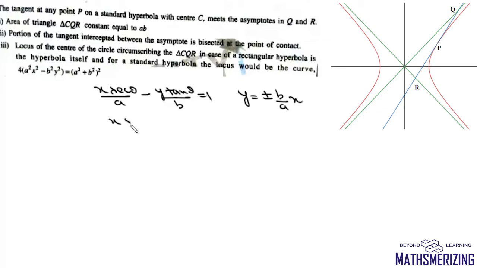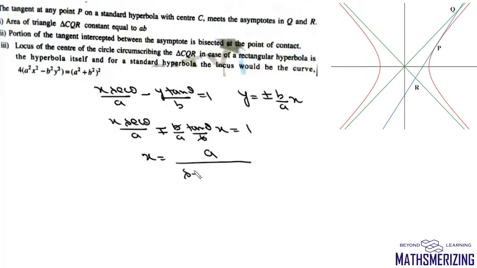We can write this as x secant theta upon A minus plus b upon A tan theta upon B x, and it is equal to 1. Here b and b will cancel. We'll get this x as A upon secant theta minus plus tan theta. So the coordinate of this point Q will be A upon secant theta minus tan theta,